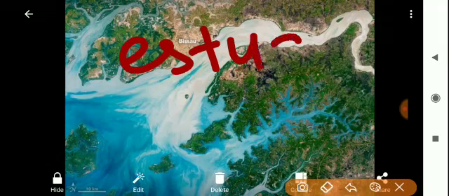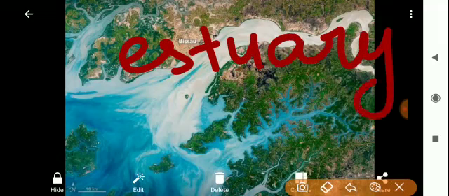So see here, this is an estuary. This type of landform is known as an estuary. When the river meets the ocean, at the meeting place where the river mixes with the ocean, it is known as an estuary. Here the water is partially saline and partially fresh water.